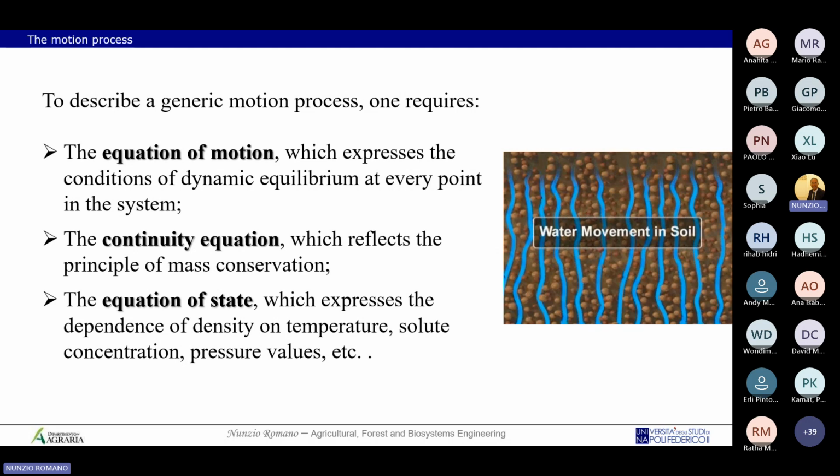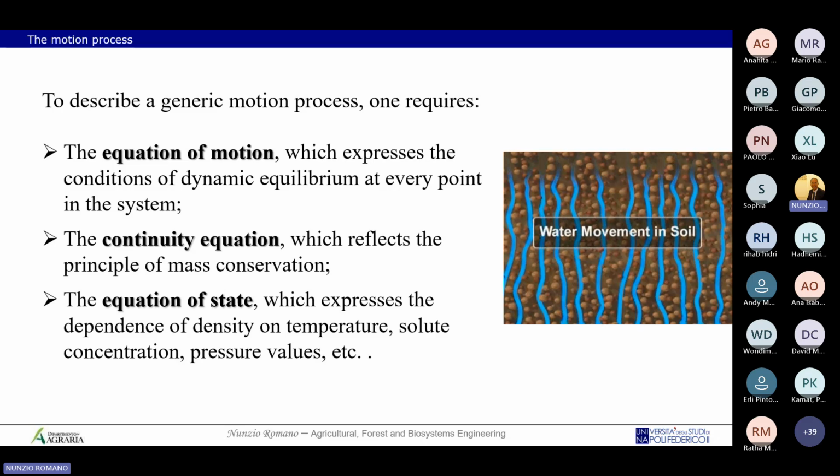And of course, as somebody made a comment, if this is not the case, if you are in a situation in your modeling that you have many different temperatures, of course you have to consider the variation, the change in water density because of the temperature.